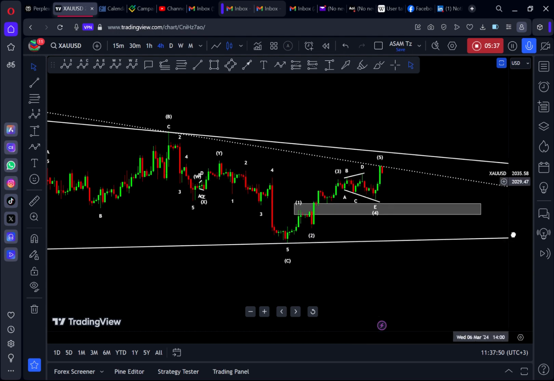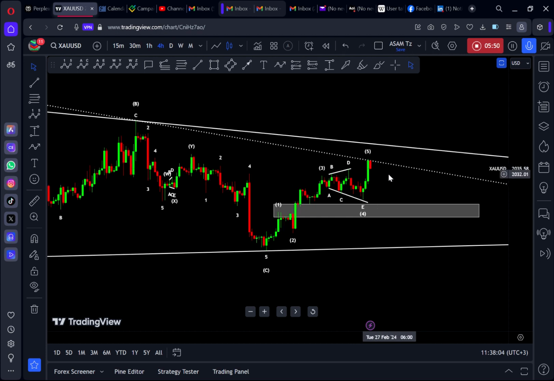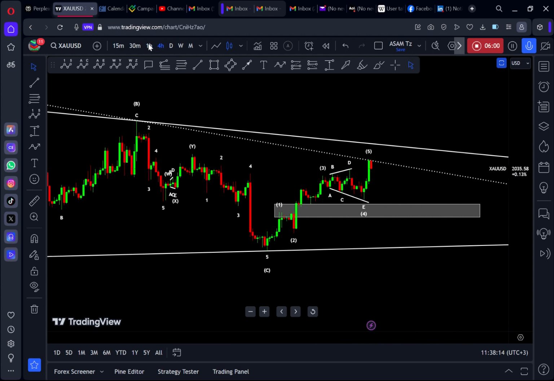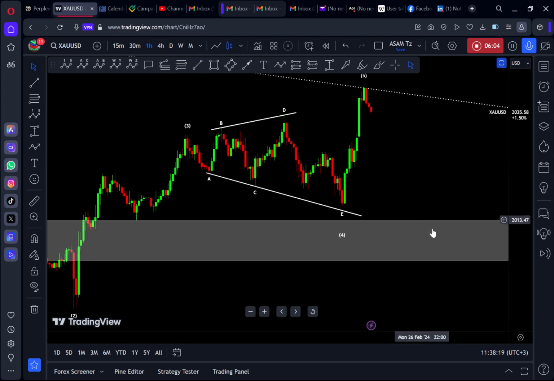This may hold true because we see now on Friday price quickly pushed to that level, and in the 4 hour time frame we see some bearish momentum started creating there. So in most cases this may hold true, then the price is going to push again down to this level down here. So why is this going to happen? Let me go to 1 hour now to see clearly the structure of the market.